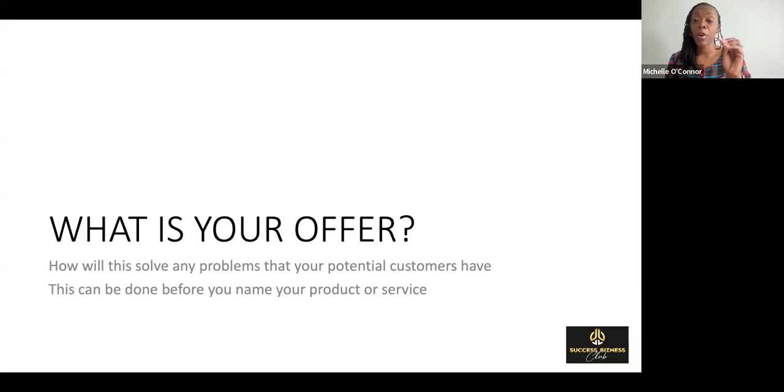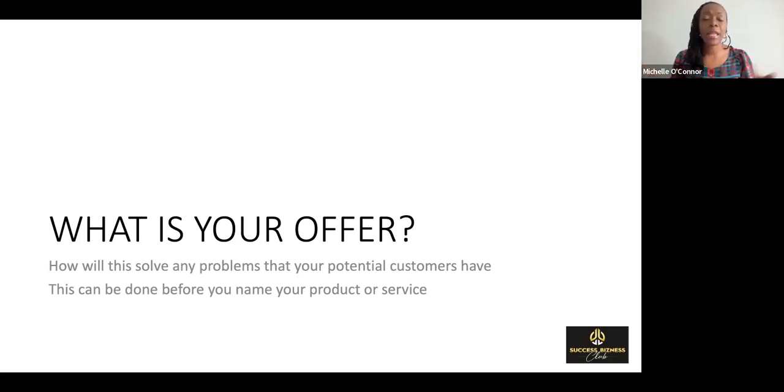What does it look like? And remember, you don't have to name it. You can just easily say, what am I going to do to solve this financial gap that I see? I'm going to be not only providing my customers with information about ways in which they can save or invest their funds, but I'm also going to help them find the different instruments they're going to be investing in. I just gave an accounting example. So if I'm going to be helping my customers to complete their financial statements, I am also going to be giving them projections and helping them to stay on track of their targets.